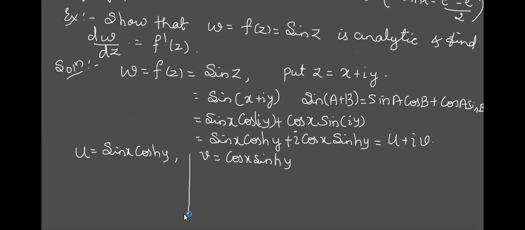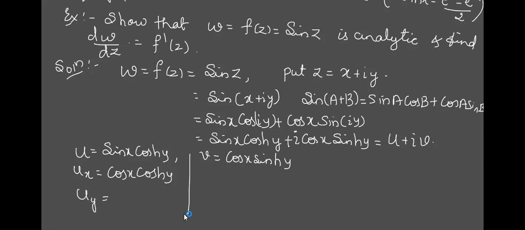Okay. What is the part to be checked here now? We have to check for CR equations, where we have to get the partial derivatives, right? Now if I write ux, that means I have to differentiate with respect to x. So which term is constant? Y is attached to cos, so cos hyperbolic y is constant. What is the derivative of sin x? Cos x. Try not to get confused. I'm doing a differentiation.